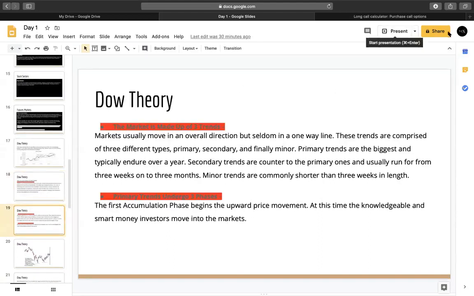The market is made up of three trends, right? Markets usually move in an overall direction, but seldom in a one-way line. Okay, I feel like a lot of people think the stock just goes up like the whole month, right? A lot of people have this wrong idea when you start trading, right? Just because we had a good month doesn't mean that it's going to be the same, right? How many of you have had a good month and then the next month it was a little bit shitty, for example,